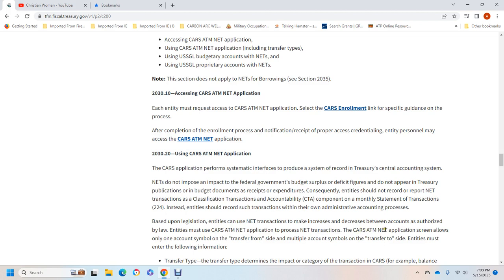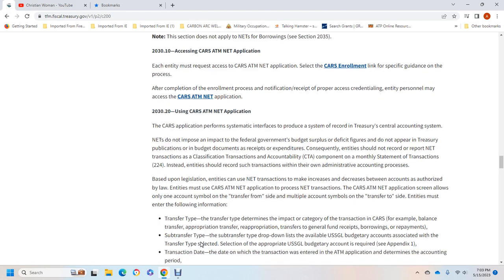The CARS ATM non-expenditure transaction application screen allows only one account symbol for transfers of multiple account symbols. The transferring entities must enter the following information: